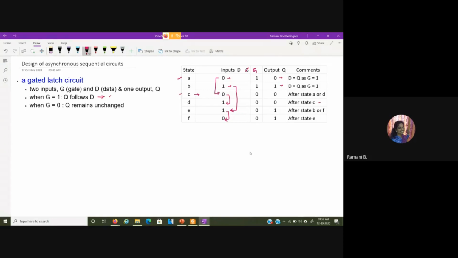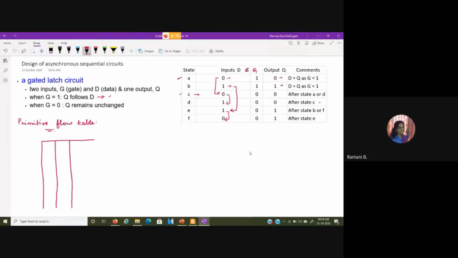Okay. So now from this particular table, we are to derive the primitive flow table. A primitive flow table is something where you are going to have letter symbols for the states. In general, the flow table and transition table are somewhat equivalent. The only thing is, in case of flow table, you have the letter symbols for the states.